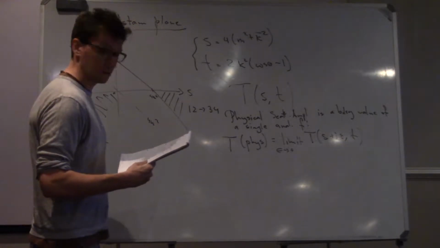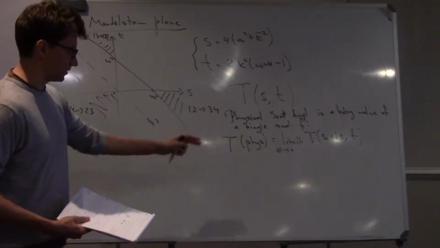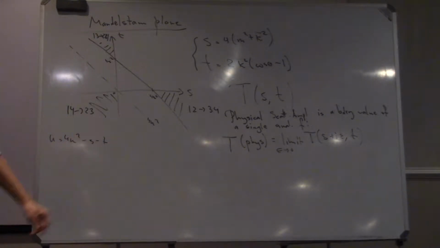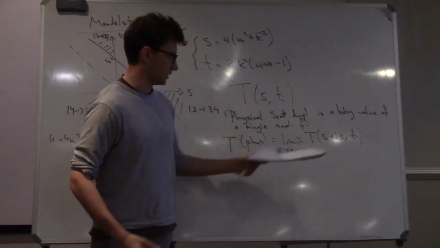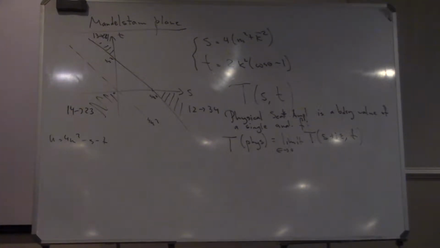But sorry, can I have a quick question? Yeah. So why does this i epsilon limit involve S but not T? Well, let me go into this. I will now explain this. It's basically because here the T will have a branch cut, and then you have to specify from which direction you approach the branch cut. For T, we are just in a region where nothing happens, for physical scattering.